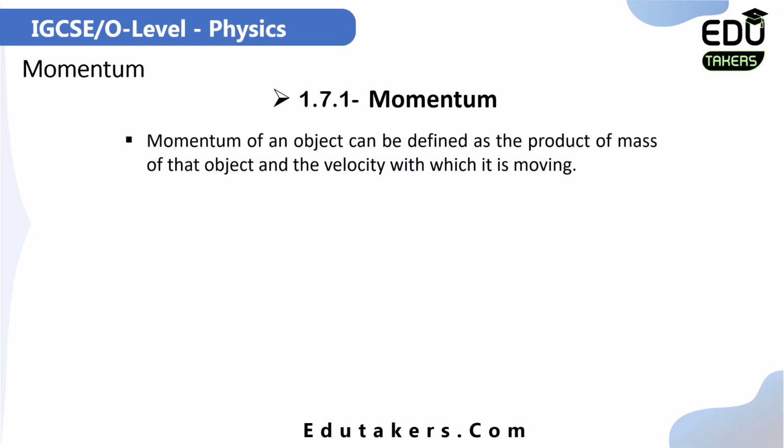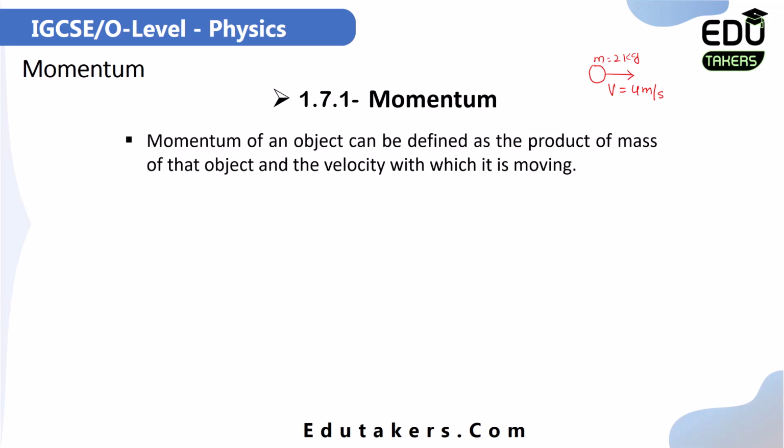First of all, what is meant by momentum? The momentum of a body can be defined as the product of mass and the velocity of the body. Suppose there is a body whose mass is 2 kg and this body is moving with the velocity of 4 meter per second. When the velocity is positive, it means that the body is moving towards the right or in the upward direction. So here I suppose that this body is moving towards the right, so that the velocity is 4 meter per